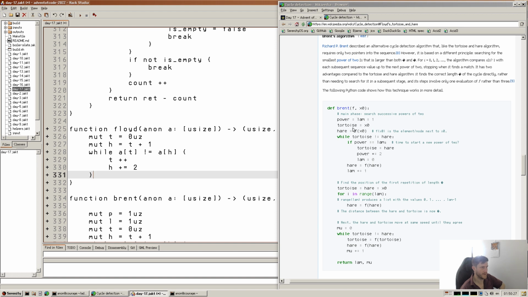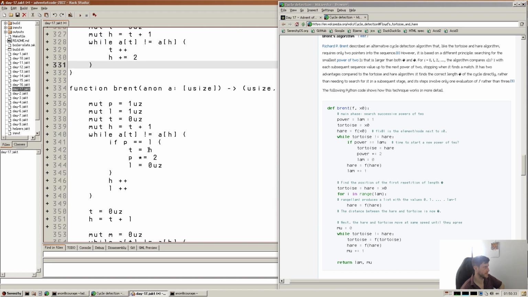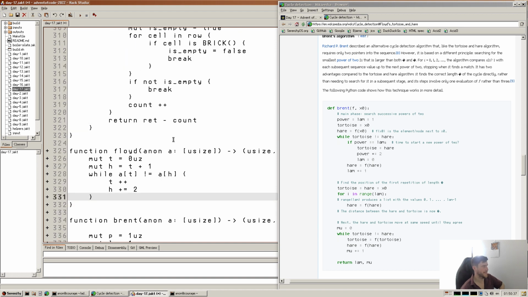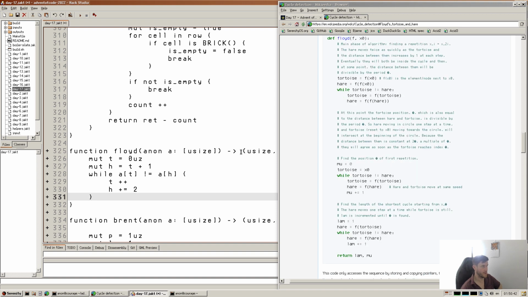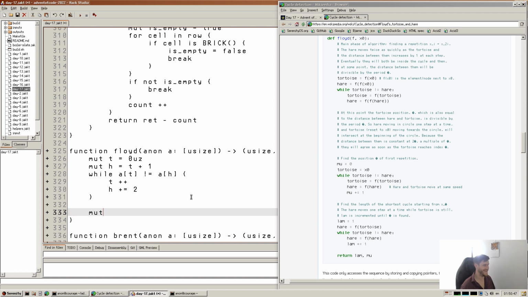Yeah, this power thing is, so the first one, and then it sets it to that. Do we do that? Yeah, we set the tortoise to that. It'll be interesting why that didn't work. Potentially it did, but I'm using it wrong. Who knows? But yeah, now we need to find